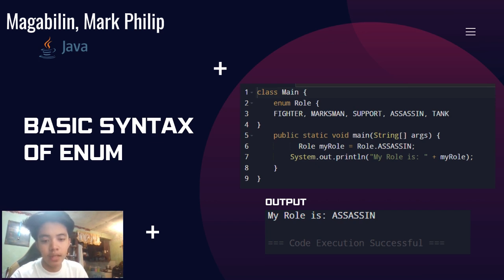In the third line, public static void main(String[] args). This is the main method, which serves as the entry point of the program. The execution of the program starts from here. The fourth line is